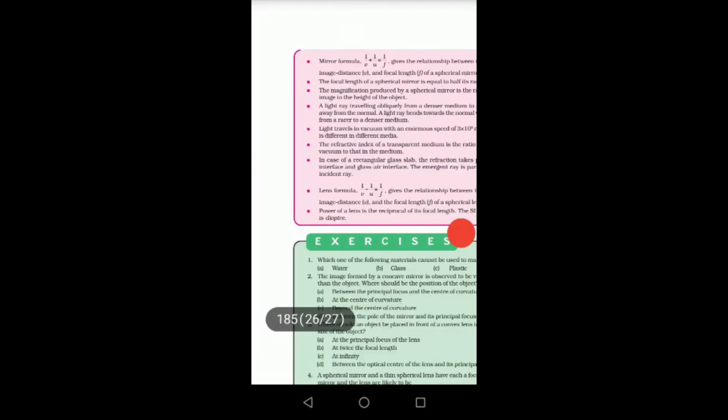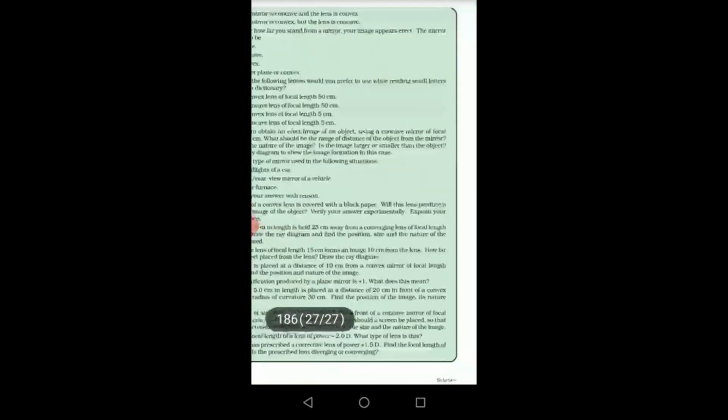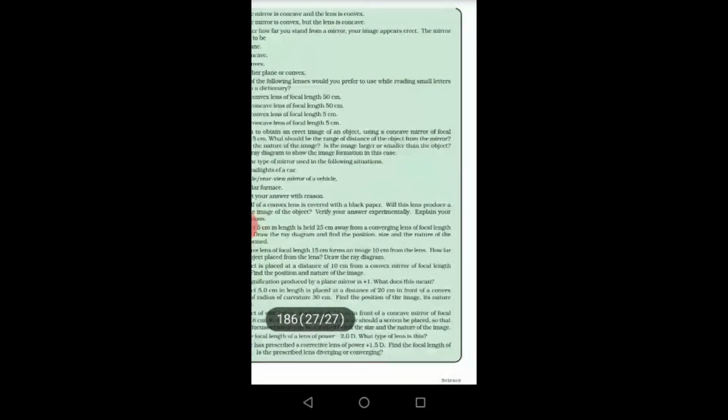Got it? So in this connection, the chapter is finished, and it is your duty to complete all the question or answer. And next class, if any requirements of the answer, question and answer, I will discuss again.